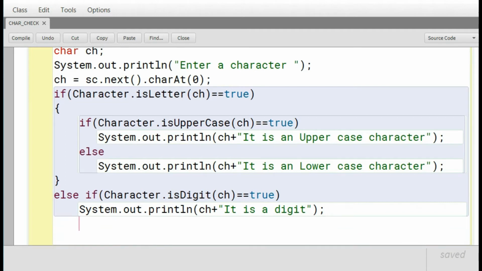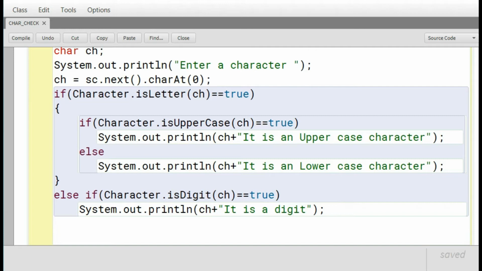So in case the if condition remains false, and also the else if condition remains false, suppose that we have inputted a special character from the keyboard, so the if condition will result false, as well as the else if condition, since it is a special character.